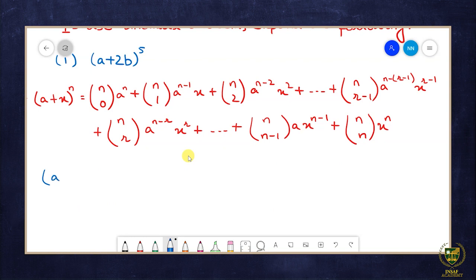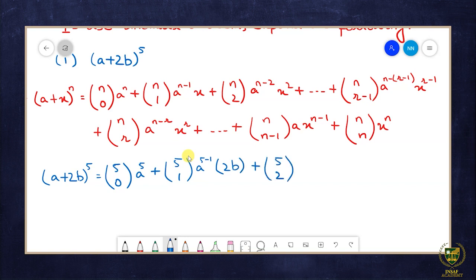Next, we will do the binomial expansion of (a + 2b) raised to the power 5. So first we will have 5C0 into a raised to the power 5 plus 5C1 into a raised to the power 5-1 into 2b plus 5C2 into a raised to the power 5-2 into (2b) square plus